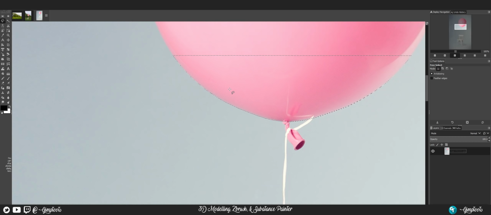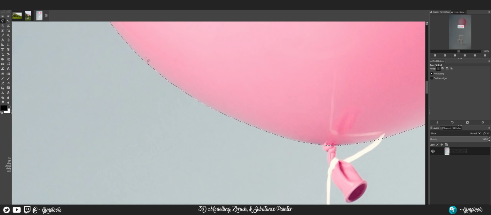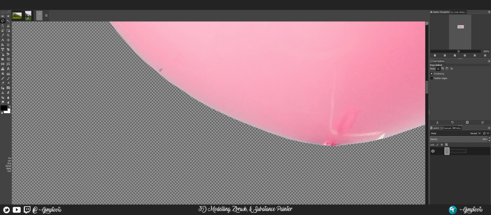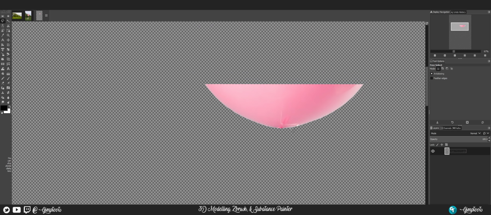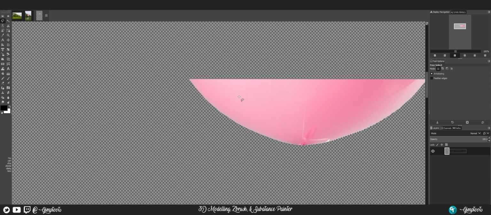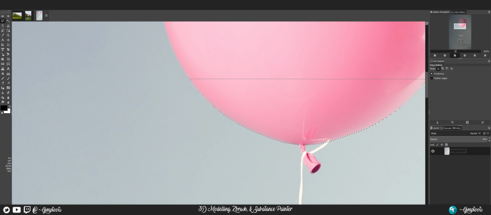I'm going to Control Z that, Control Z again, and then if you want to feather the edges of your selection, if you don't want such a tight selection when you delete your image, so if I delete it here and I press Control Shift A to deselect, you'll see that it's a pretty harsh cut on here. So if I Control Z that and Control Z one more time,